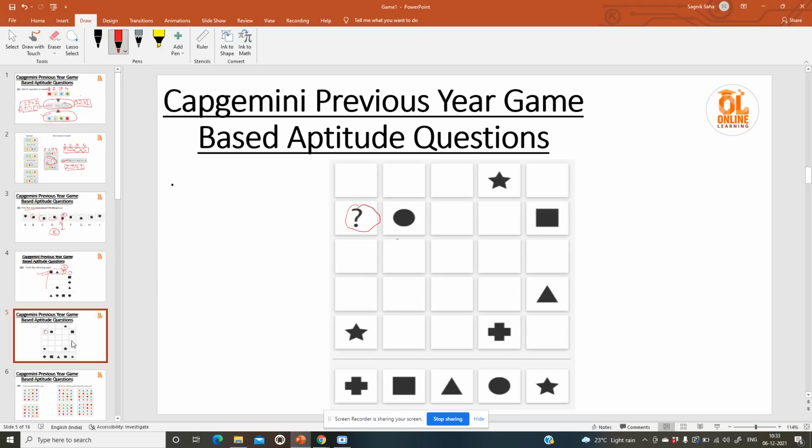If you observe that in this row we have a circle, we have a square, so they will not be your answer. So cut this circle and square, eliminate the options. Then star is also present in the same column, so it will not be your answer. Now either plus or triangle will be your answer. If in the options you have only plus or only triangle, then mark the one which is present. Then you don't have to find the answer again, it will save your time.